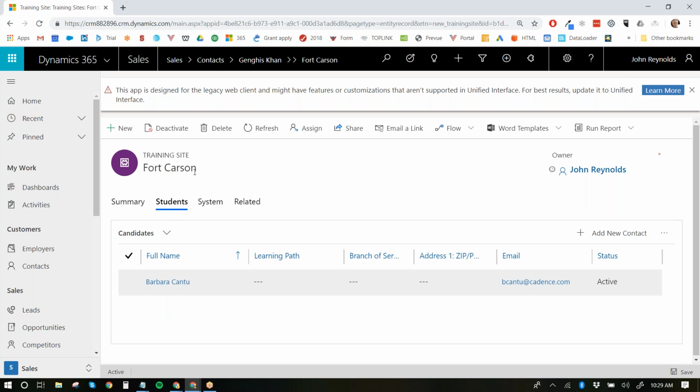Now I realize that's outside of the scope of this, but if one of you wants to take this on and add this, essentially take the training site where a veteran is.